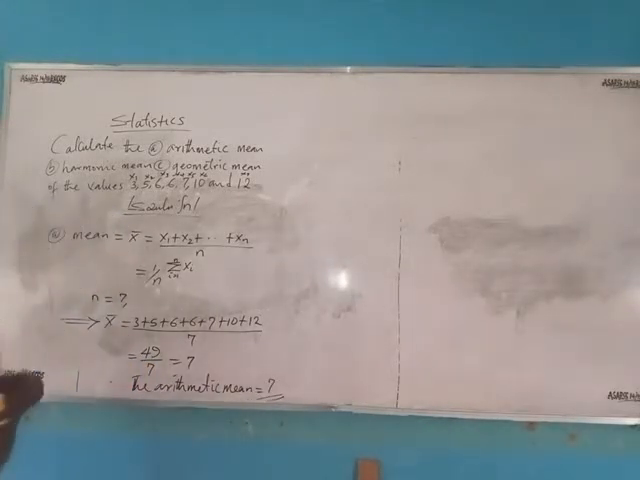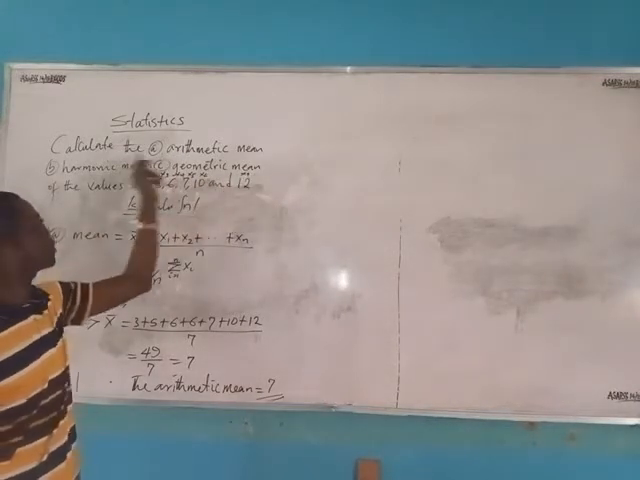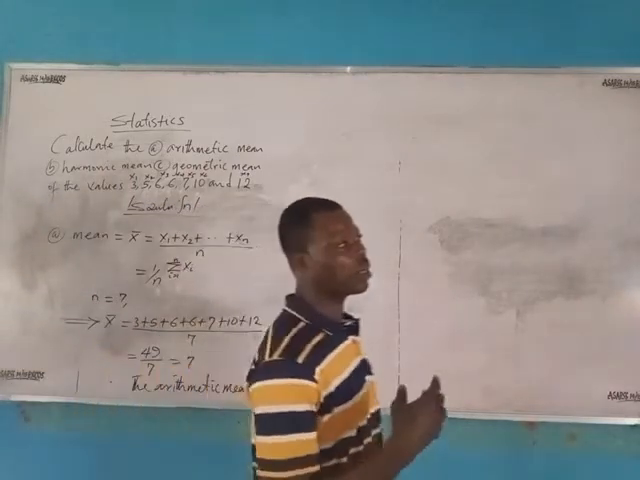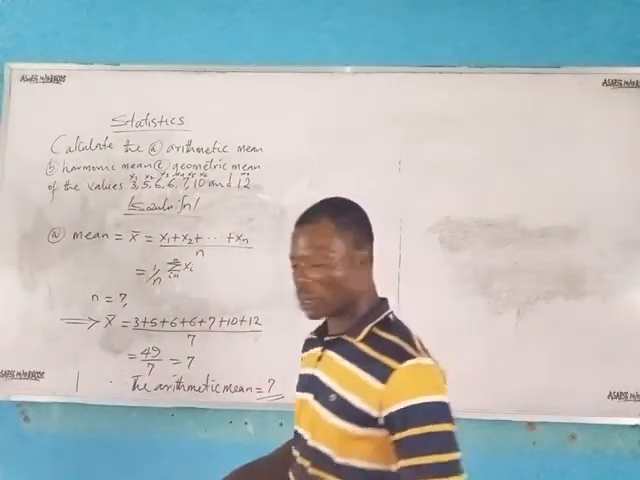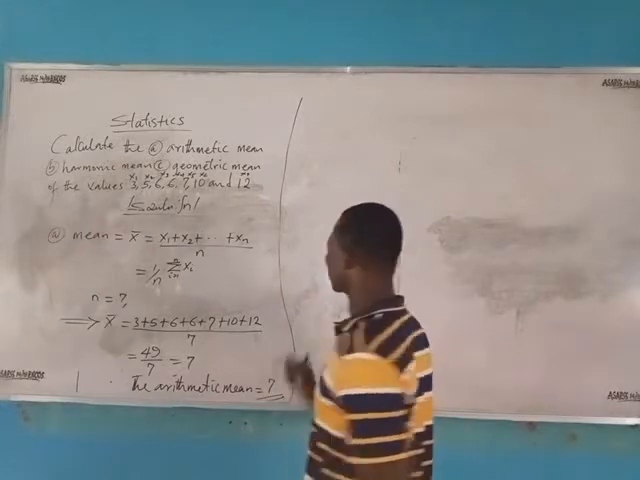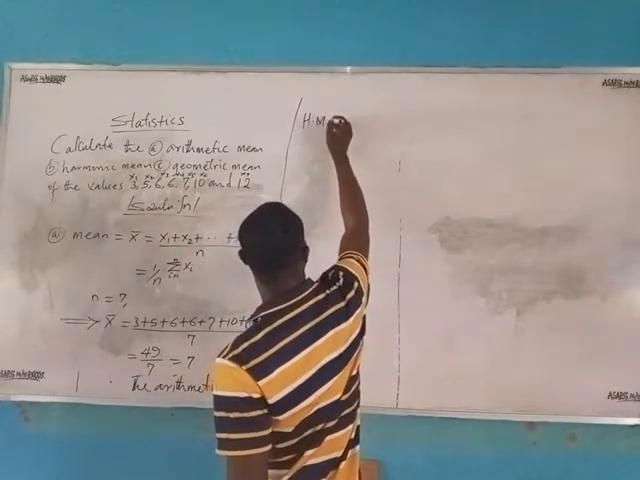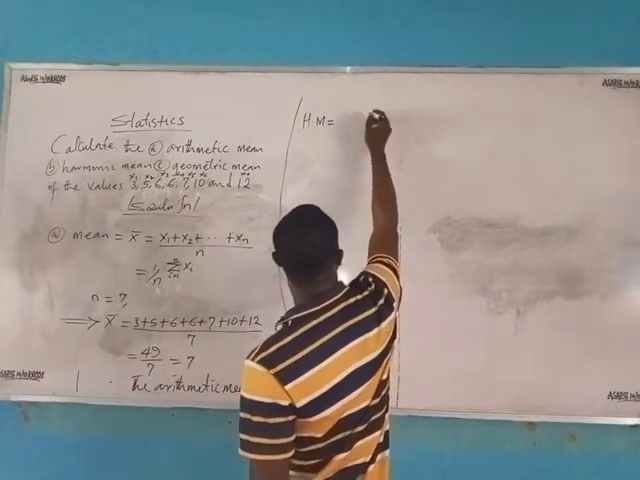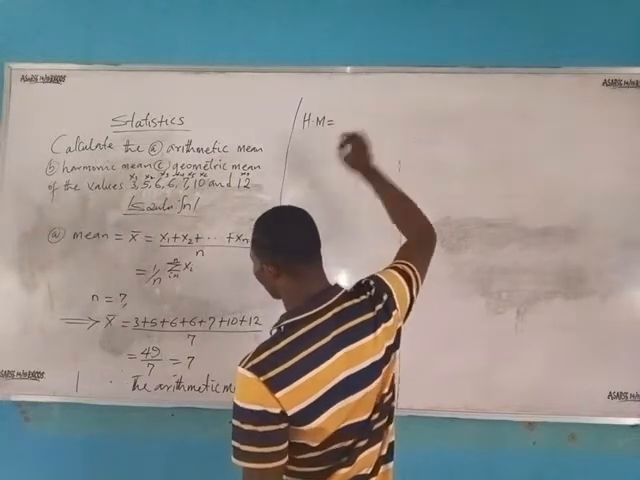So that's question one. Question two is harmonic mean. Harmonic mean is the reciprocal of the arithmetic mean, and it has its own formula. Harmonic mean, simply written as HM, is equal to 1, that is the reciprocal of